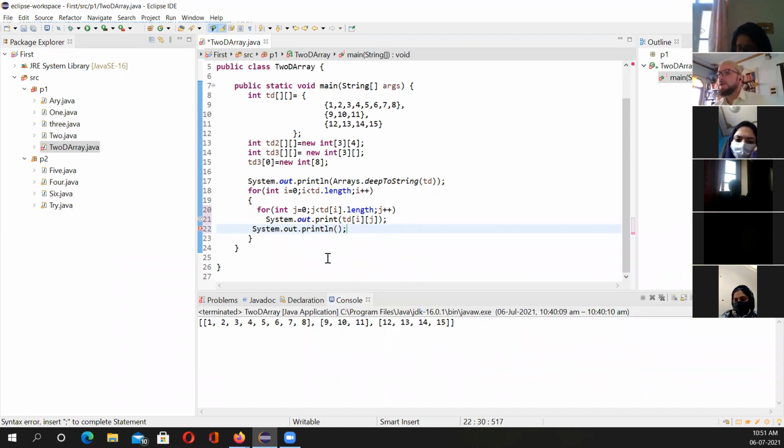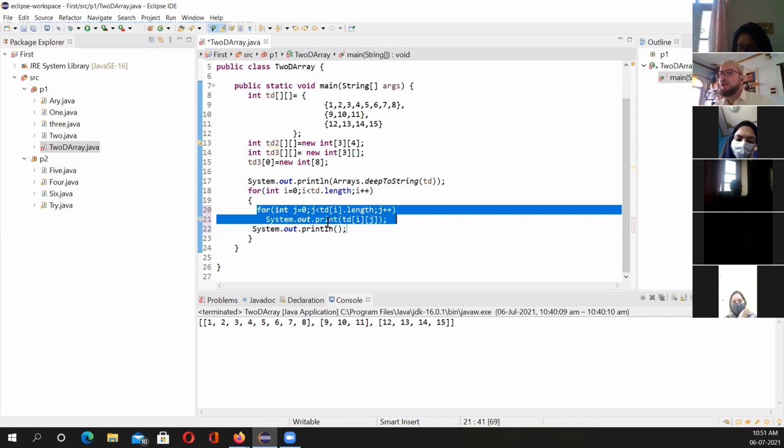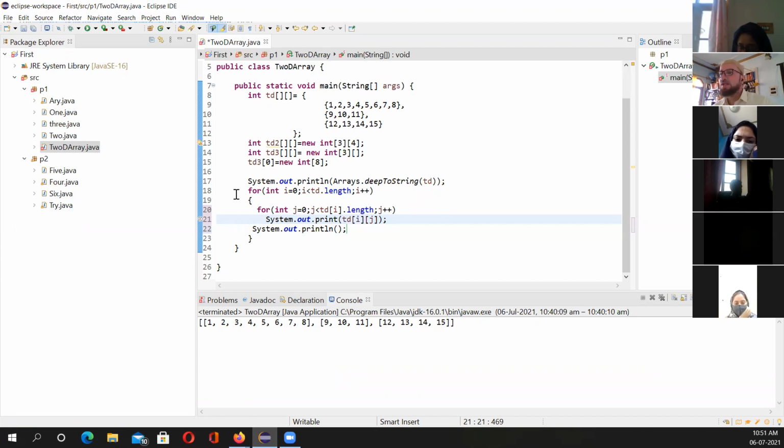Okay, now what will happen is for this for loop I have not created brace, so that means it can have only one statement with it. That means this system dot out println, and this outer for loop I have a brace. That means this println which only acts as a backslash n for new line, ताकि मुझे एक रो प्रिंट हो गया ना तो फिर दूसरी लाइन में आ जाए. दूसरा रो प्रिंट हो गया, तीसरी लाइन फिर लाइन हो जाए।